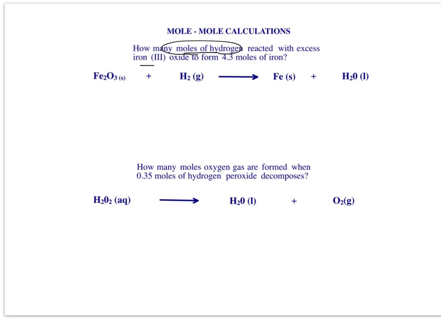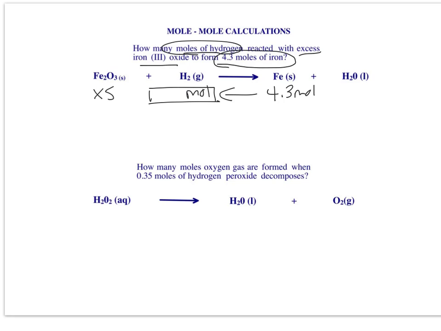reacted with excess iron 2 oxide to form 4.3 moles of iron. So I'm going to put mole underneath hydrogen in a box. That's indicating that I'm trying to get to the moles of hydrogen. And I'm going to put excess underneath the Fe2O3 because it's telling me that I have excess. And then I'm going to put a 4.3 mole underneath the Fe. And that tells me that I'm trying to get from moles of Fe and I'm trying to land at moles